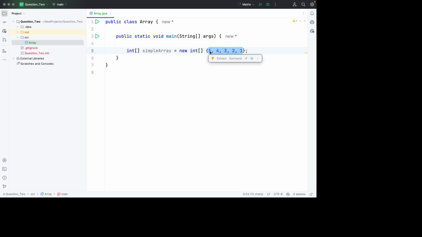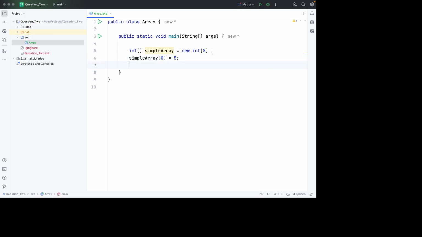In this case, it will be 1, 2, 3, 4, 5, because there are 5 elements in that array. So you can either do it like this, or you can do it like this, 5 elements like that, and then you go down here and define the elements one by one like this,